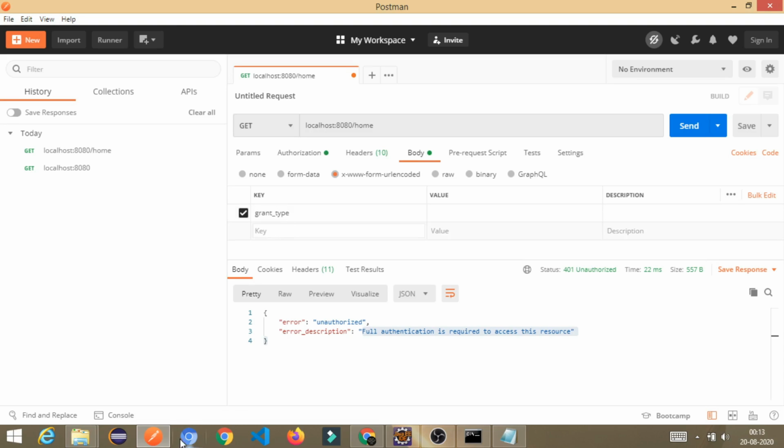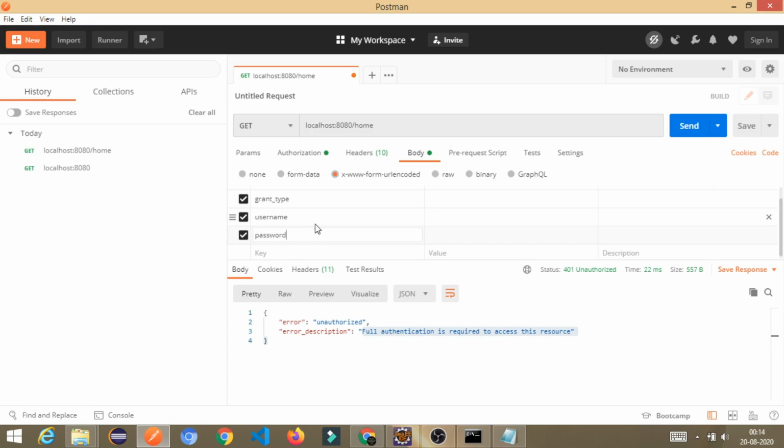What next? Username, and last one password. You have to give this. So see, grant type, username and password. This is the key, and what is the value for all these fields?